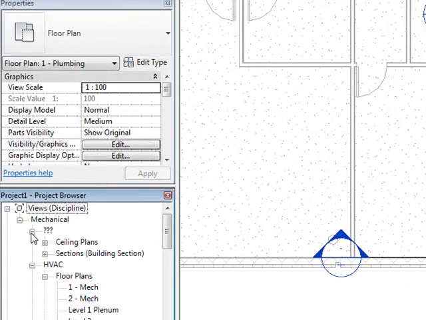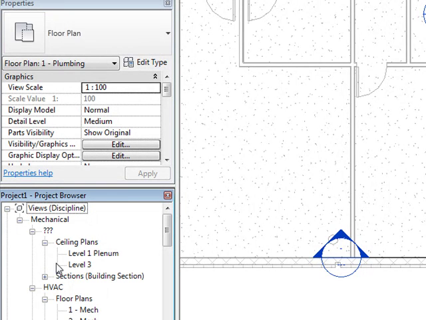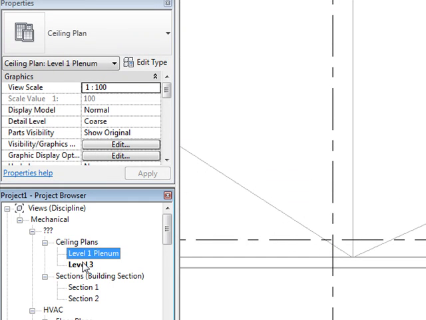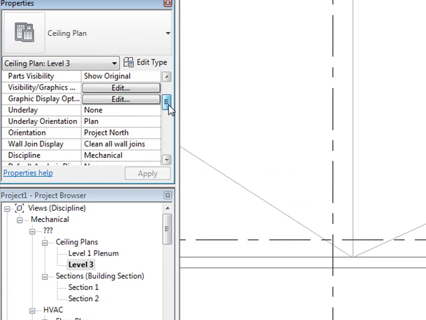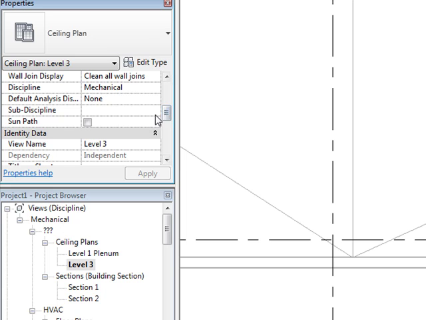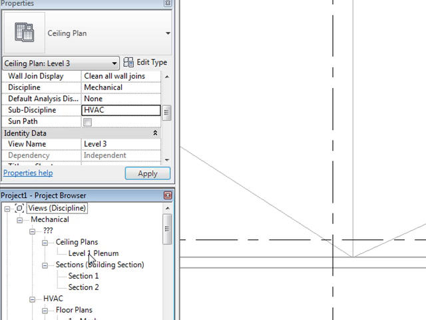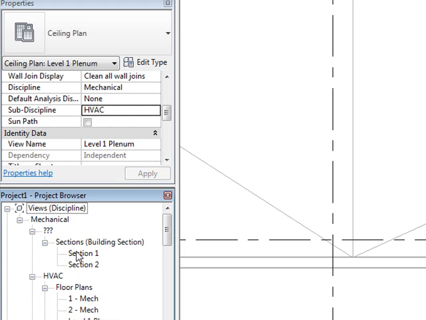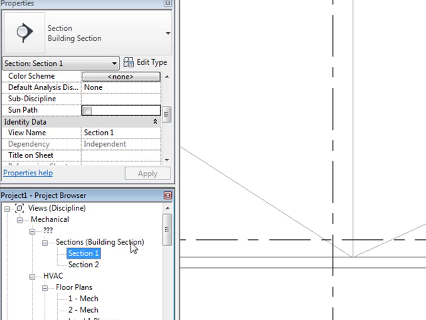For this one, you need to rename it. Here there's a ceiling plan. Earlier on we added some levels. You can just move it. You can go to the sub-discipline. Just move it to HVAC. Plenum, you can move it to HVAC as well. For the sections, you can